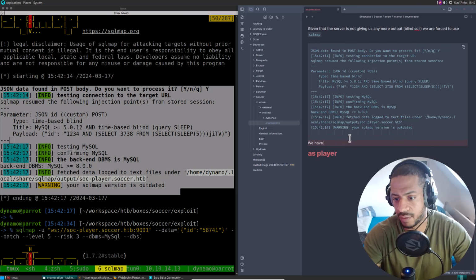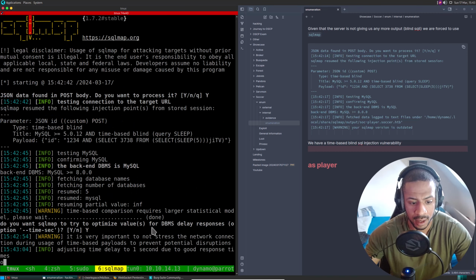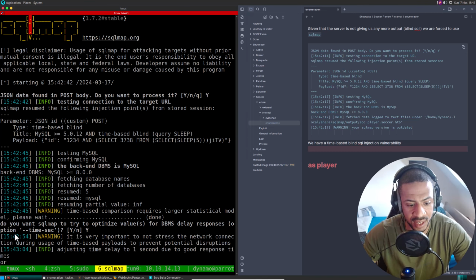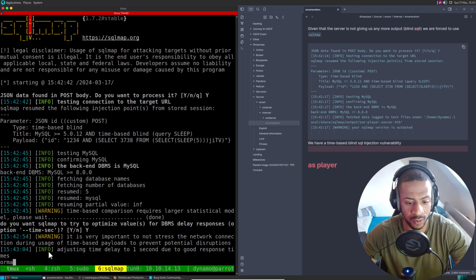We have a time-based blind SQL injection vulnerability. As you can see, it is printing, but this is going to take time. So I'm going to fast forward and resume when this is done.